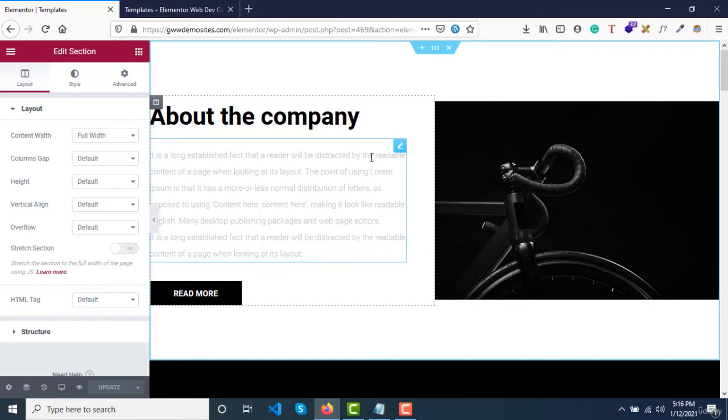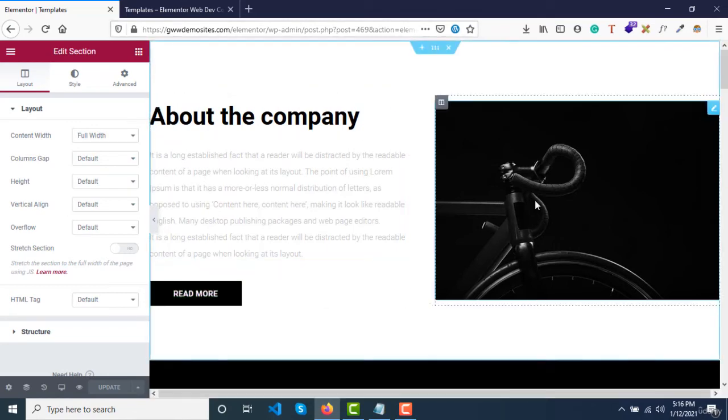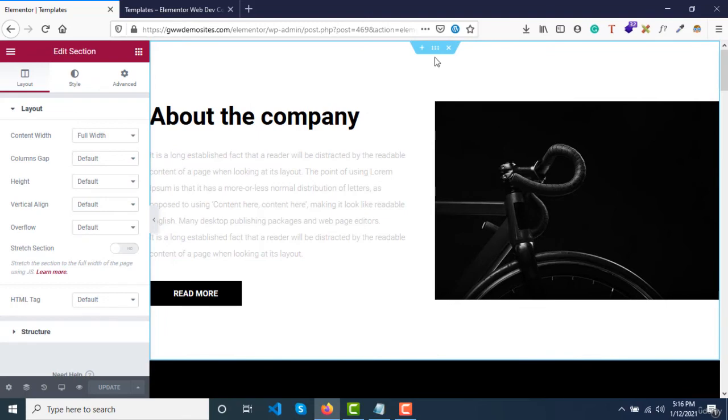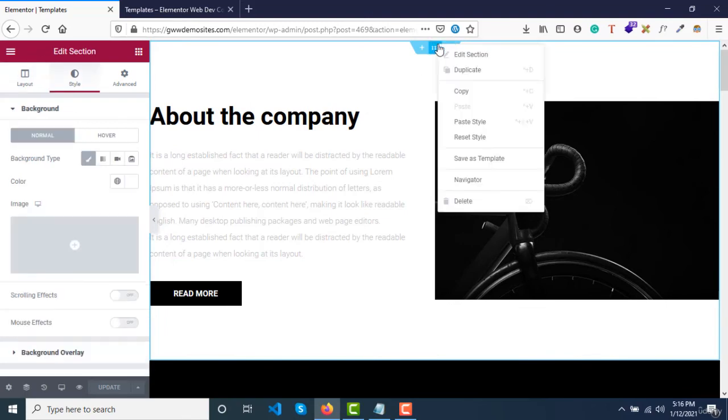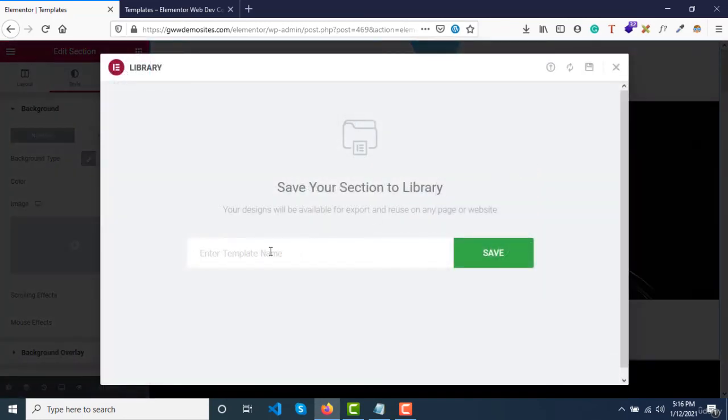Then you will have to save this particular section as a template. How to do that? You just need to select this section, right click and click on save as template. What will happen is you just need to name it custom block 1, click on save.